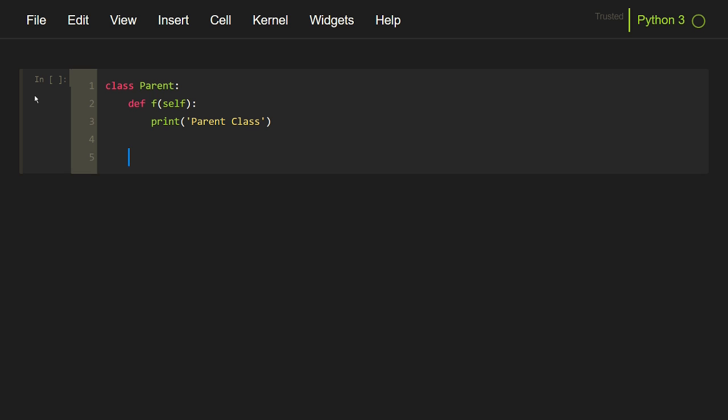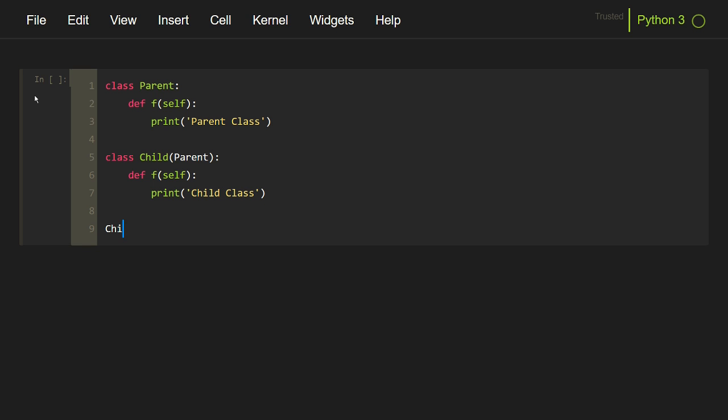Now I will create a child class that will inherit from the parent class and it will override the parent class's f function. So I will again create a f function, which means we are overriding the parent's f function, and inside this overridden function I will print a string of child class.